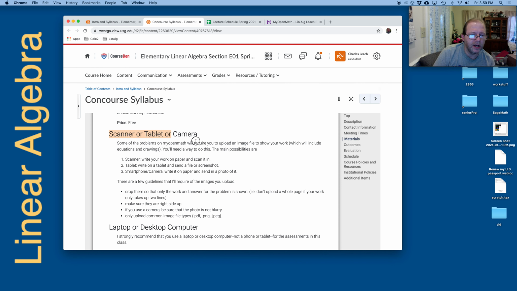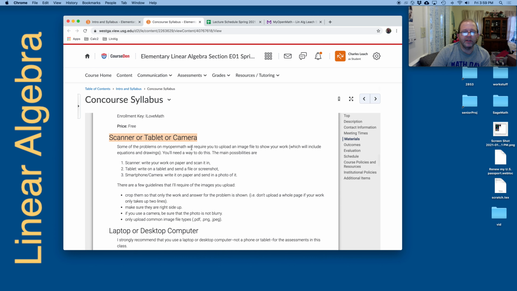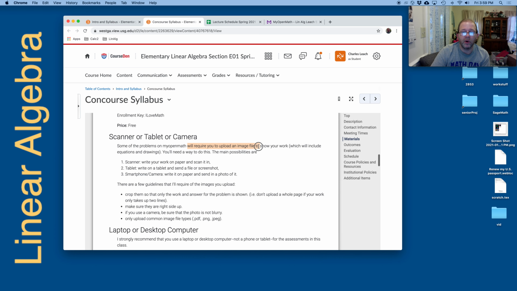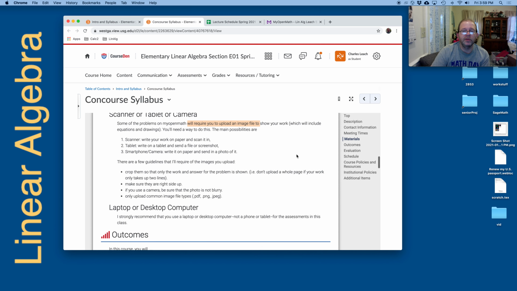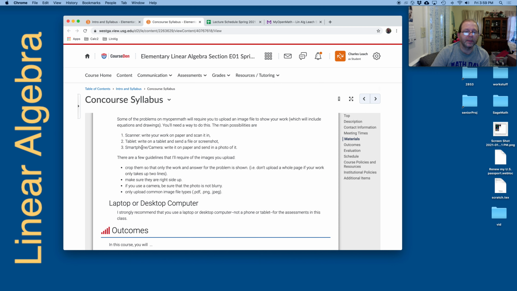Other stuff you'll need: a scanner or a tablet or a camera. Some of the problems that I give you on MyOpenMath, especially on the tests, will require you to upload an image file to show your work. And in order to do that, you need some way to do it. So I'm thinking either a scanner or a tablet or a smartphone would be the best way.